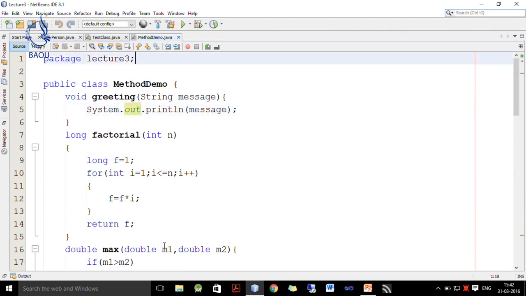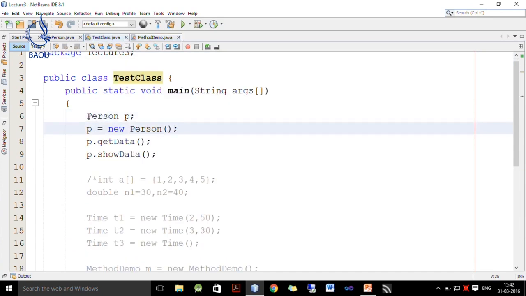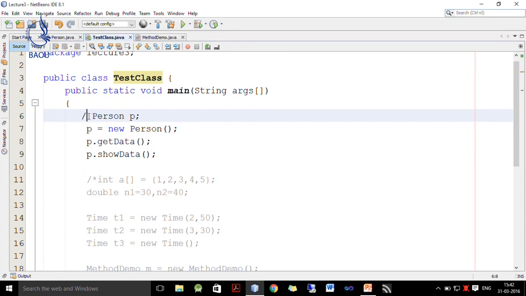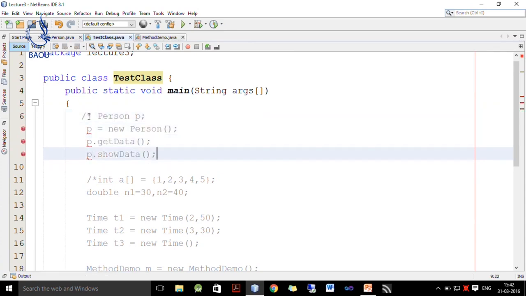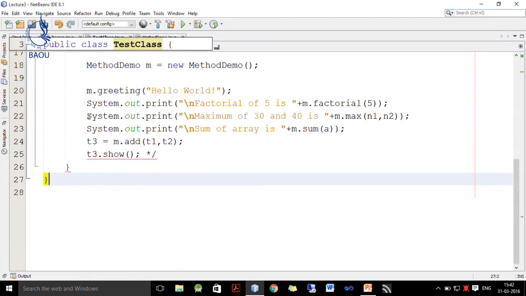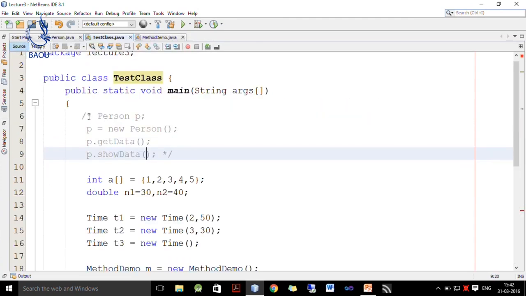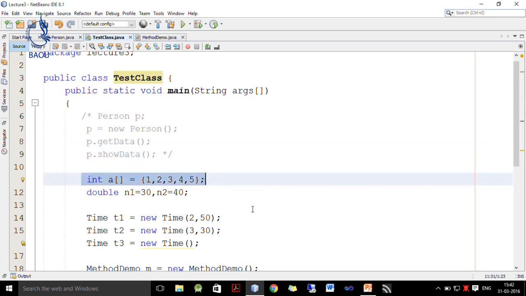Now, we want to test this method inside our test class. So, we go to the test class. Now, I comment out this person class and uncomment this. So, here we want to find the sum of these elements.